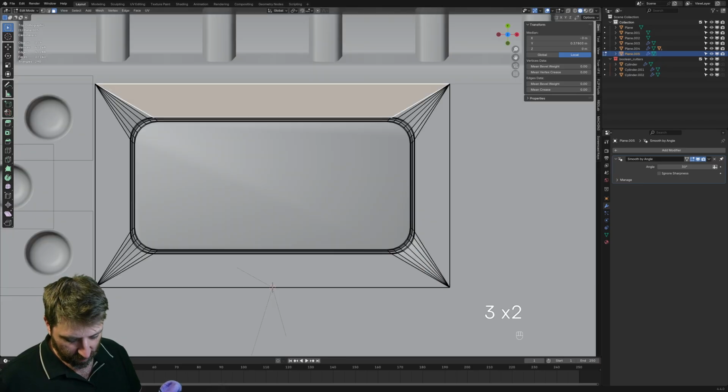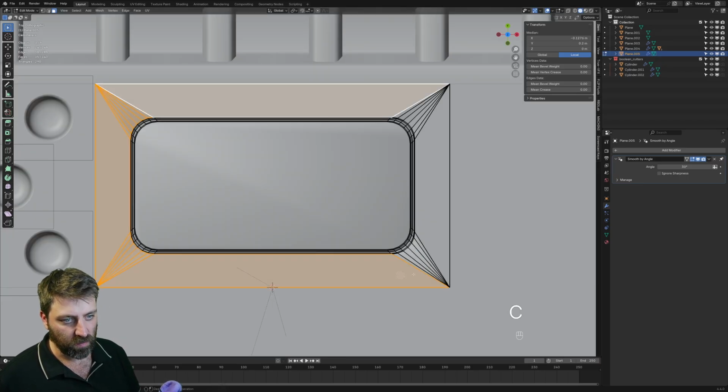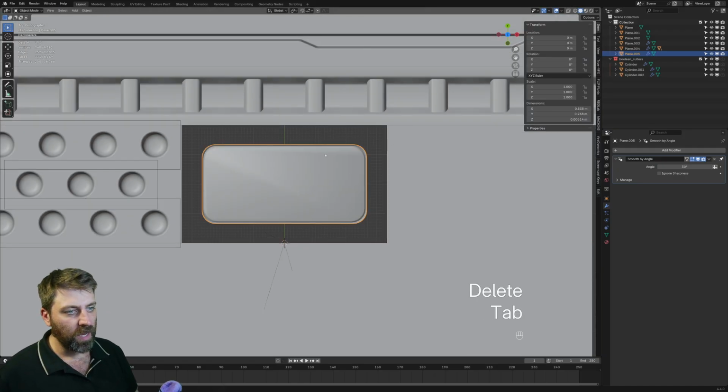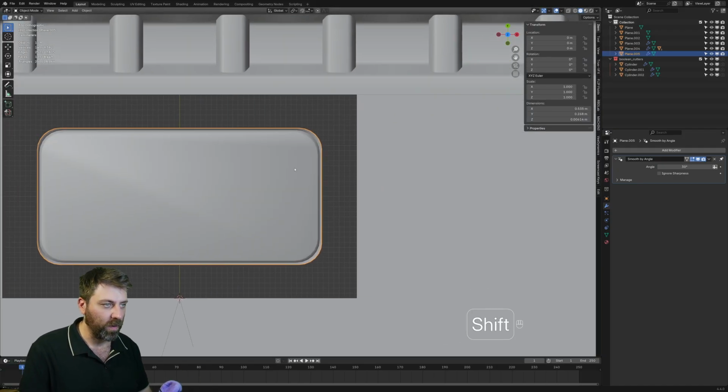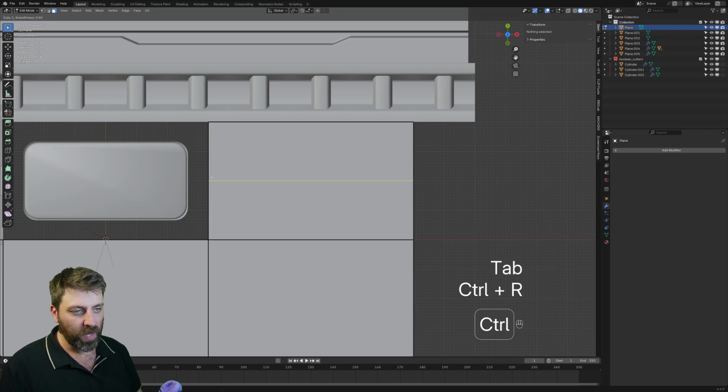So when we come into here, what we're going to do is I'm going to select all that and delete faces. And so we're only going to be looking at the panel there. Perfect. And then we can go ahead and maybe just create some little